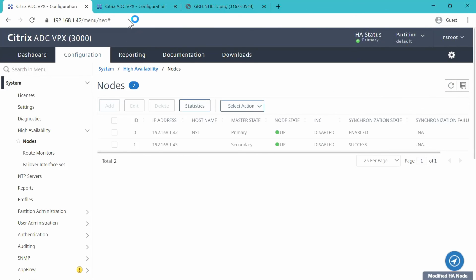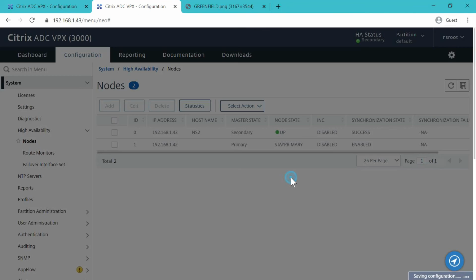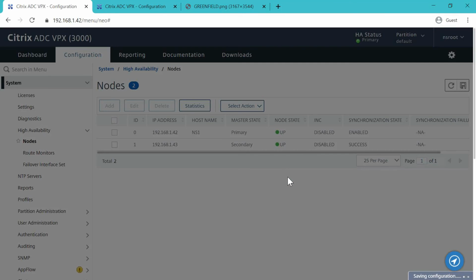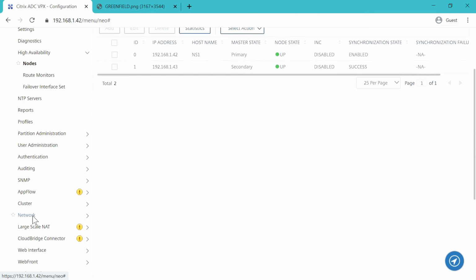All right, so the HA configuration is complete. Just save it on both sides. And I believe from here on in, we don't need to do any configuration from the secondary unit. All right, next step